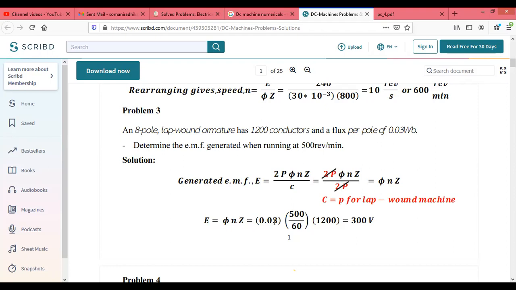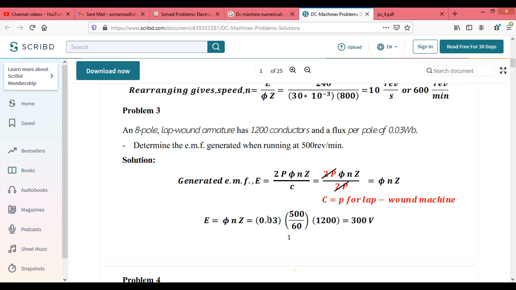So you can take it, there is no need to convert. They have given that value directly in Weber. You can put it. Again, speed is given in revolutions per minute. But we are having the equations which we are solving for small n, so you can take that value upon 60. That value is rotations per minute, so here it becomes revolutions per second.